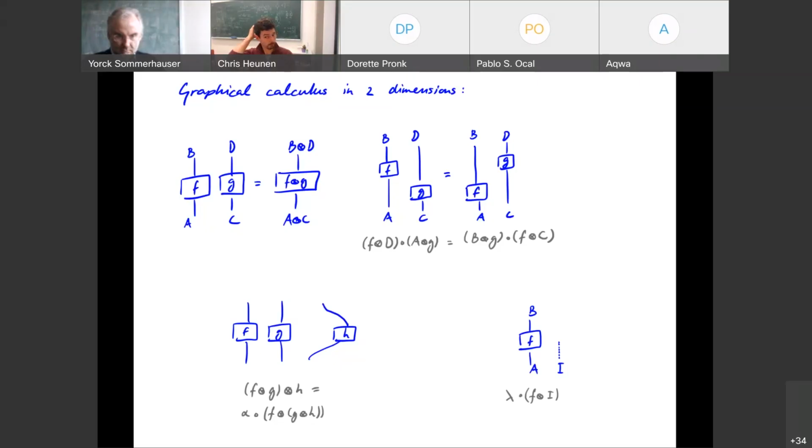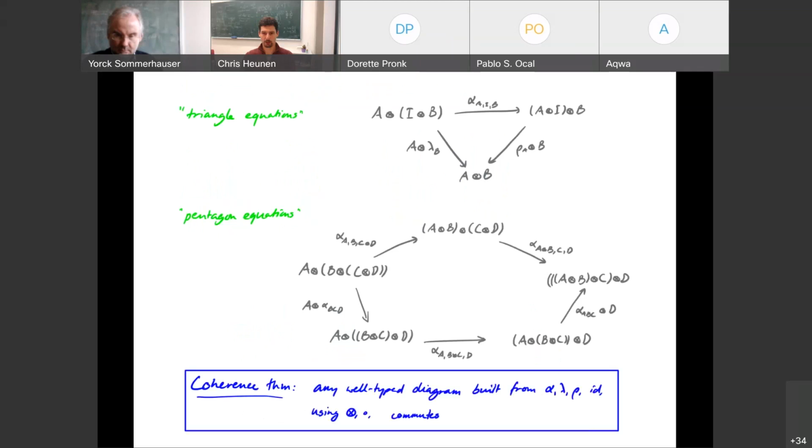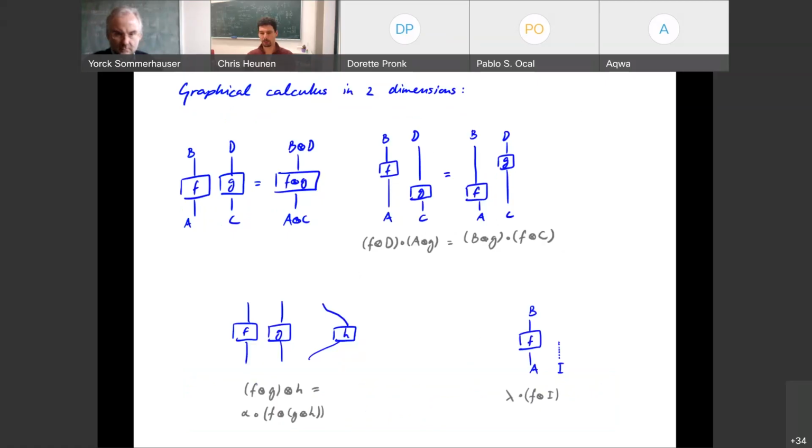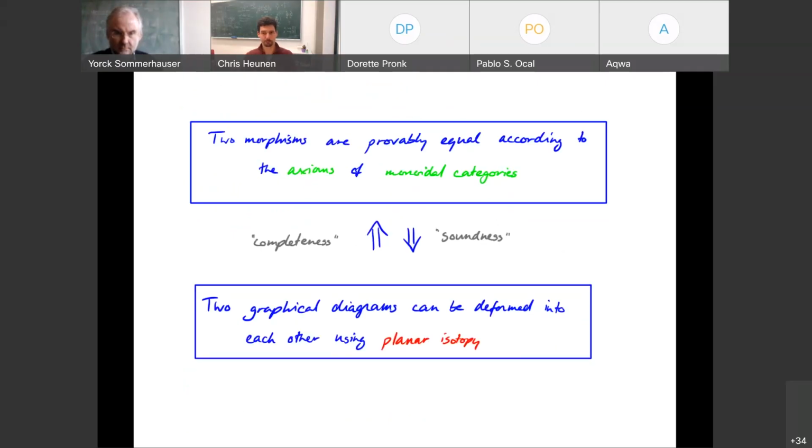The picture on the right says something about the unitors. If I have a morphism F from A to B, and on the A object, I tack on an empty system I to the right, I'm going to draw this I very specially. I'm not going to draw it at all, or sometimes as a dotted or a dashed line, just to make sure it's there, but we don't really see it. Because if you think about things like this triangle equation, and compose that with an F, that really means that this I sort of melts away again. You can't really see it in the pictures, and that's fine because of the following theorem.